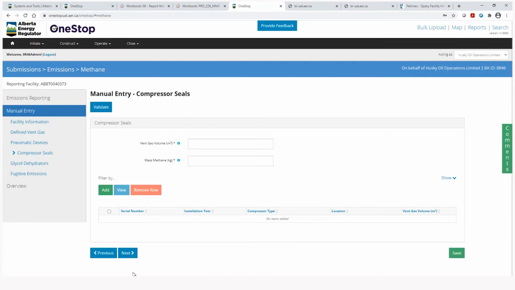On the Manual Entry Compressor Seals page, enter vent gas volume in meters cubed and mass of methane in kilograms for all the compressors associated with this reporting facility ID. If there are compressors at this facility ID that operated more than 450 hours in the reporting year and the compressors are greater than 75 kilowatts in rated power, your annual methane emission report must include an inventory of the